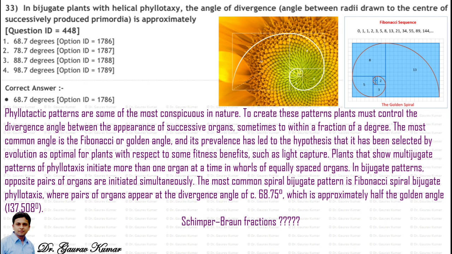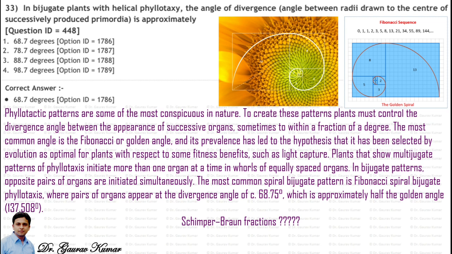The patterns are arranged in such a way so that the maximum light can be absorbed. Plants that show multijugate pattern of phyllotaxis initiate more than one organ at a time in whorls of equally spaced organs, and in bijugate patterns, the opposite pair of organs are initiated simultaneously. The most common spiral bijugate pattern is the Fibonacci spiral bijugate phyllotaxis, where pairs of organs appear at the divergence